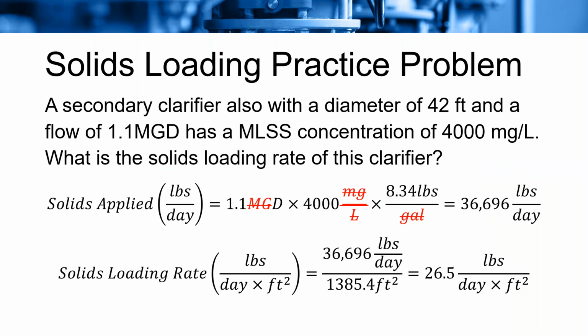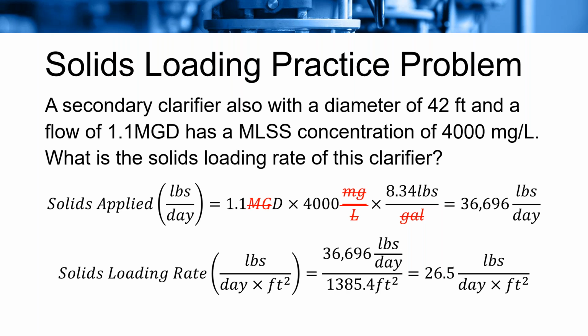So this one's pretty straightforward. The first thing we do is solve for our solids applied. And like we said, this is just a straightforward loading problem where we plug in the 1.1 MGD, the 4,000 milligrams per liter, and then our 8.34 pounds per gallon unit conversion. The million cancels out with the milligrams per liter, because like we said, that's parts per million, the milligram per liter is, and then the gallons cancels out with the gallons, and we just get